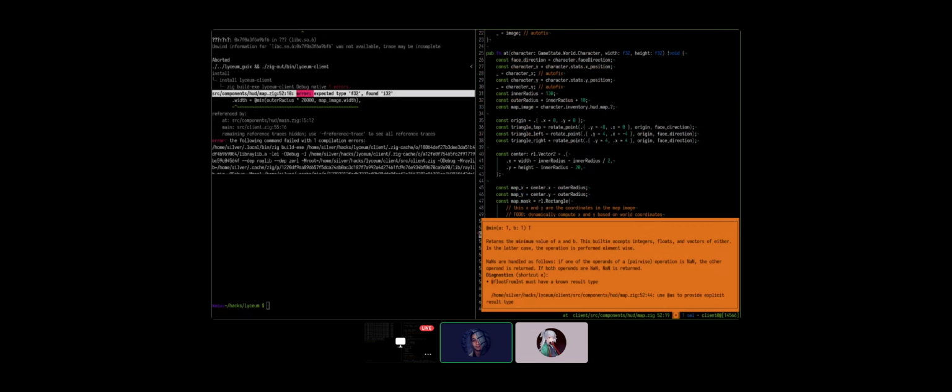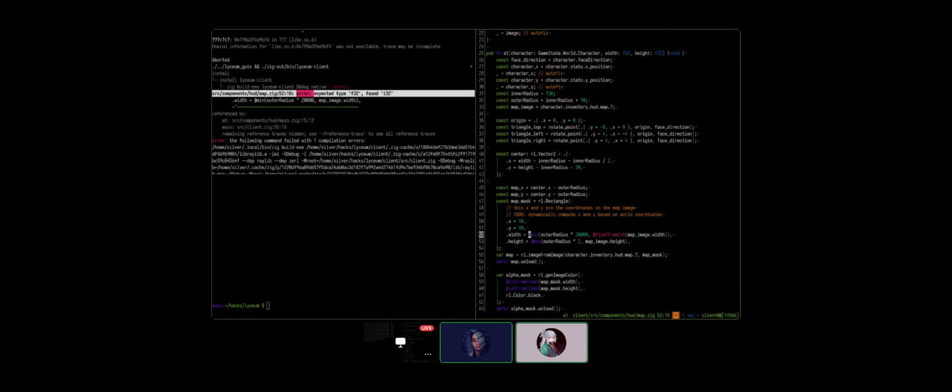No, wait, but you just need to do the opposite, right? You just need to cast an int from the float of the outer radius, because the width and the height of the rectangle are both C integers. So if you convert the outer radius to an integer, everything will be okay. But the outer radius is already an integer, actually. It's a compile time int even. I don't think it is actually,